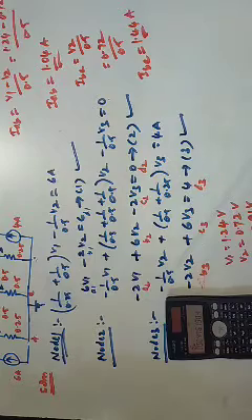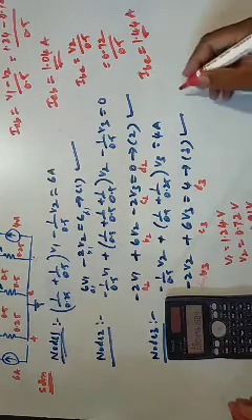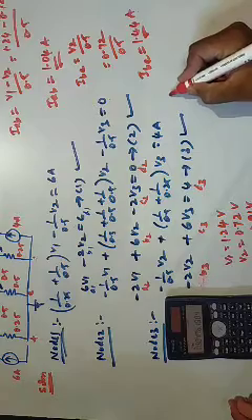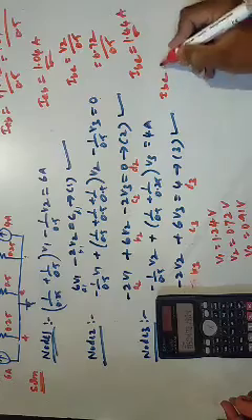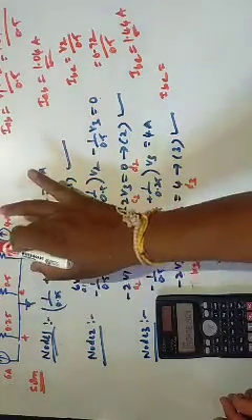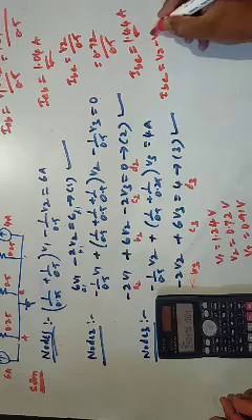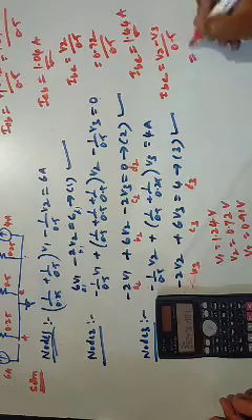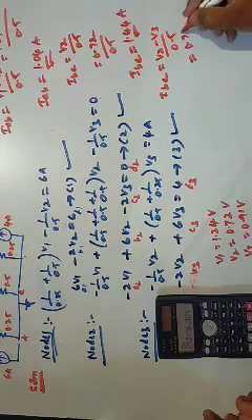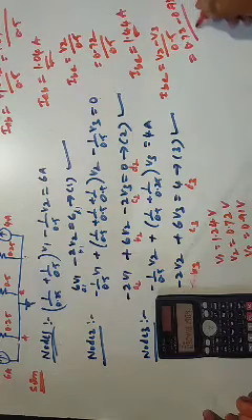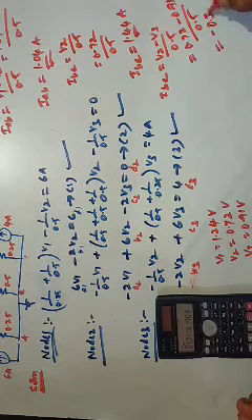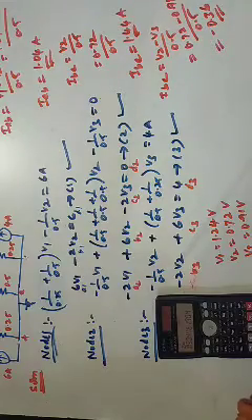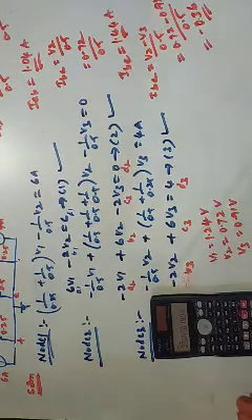In the question, only those 2 are asked. You may also calculate the other currents. The current in this 0.5 resistor, that is IBC, is nothing but V2 minus V3 divided by 0.5. What is V2? 0.72 minus 0.91 divided by 0.5. We get minus 0.36 ampere. IBC is equal to minus 0.36 ampere.